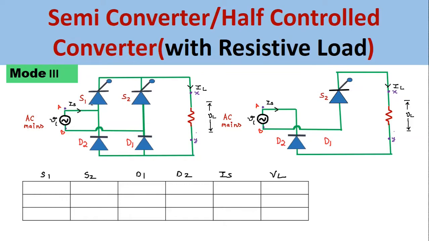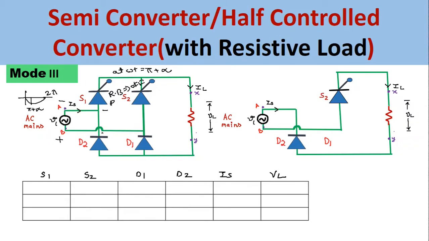Next mode is mode number 3. Mode number 3 is also studied during the negative half cycle of the AC input signal from the instant pi plus alpha to 2 pi. So at instant omega t is equal to pi plus alpha, this S2 SCR is given a gate pulse. Okay, so when negative half cycle of the AC input signal is coming into the circuit, this A terminal of the AC mains becomes negative and this B terminal of the AC mains becomes positive again. This negative sign at this A terminal will go to the P side of this S1 SCR. So this S1 SCR will go into the reverse bias condition. That means it will go to the off condition.